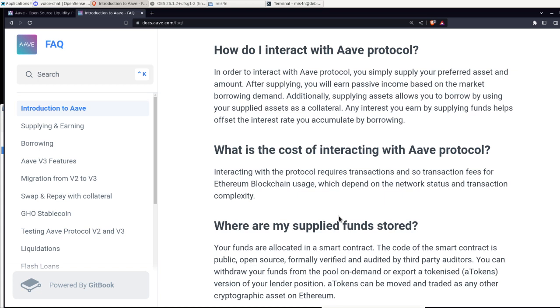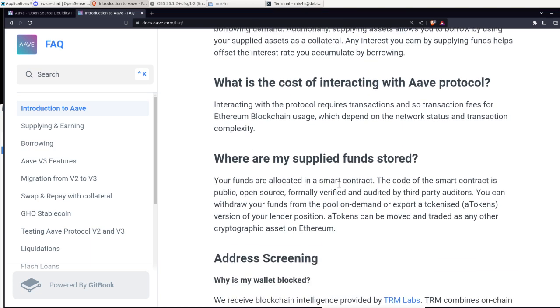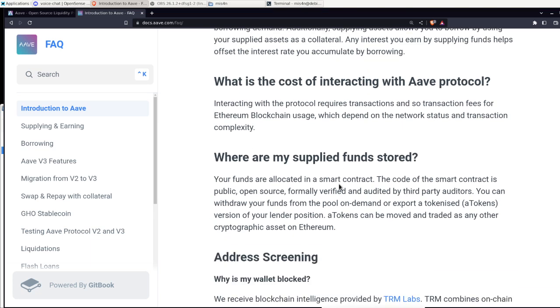So the idea here is that everybody puts money in the pool and you make your money available to the market. So you're gonna be making fees over other people borrowing, doing flash loans. Quite interesting, to be honest.